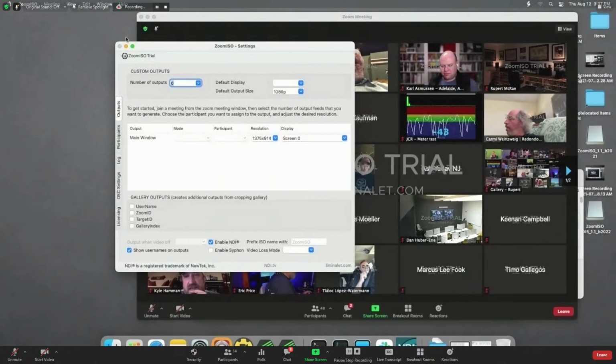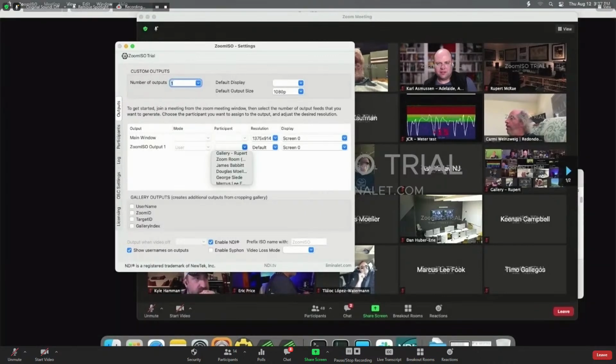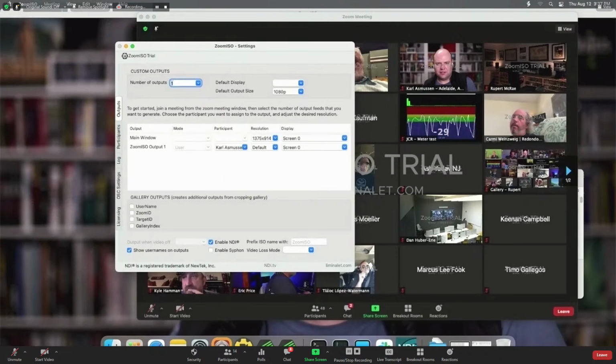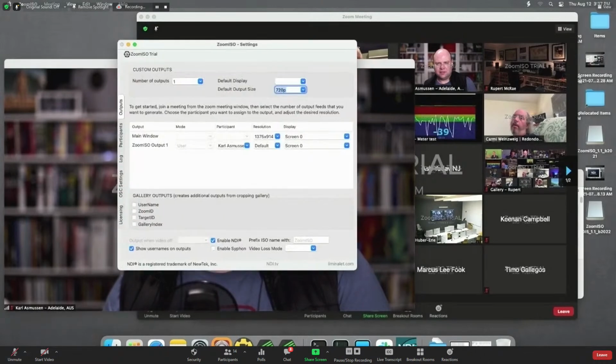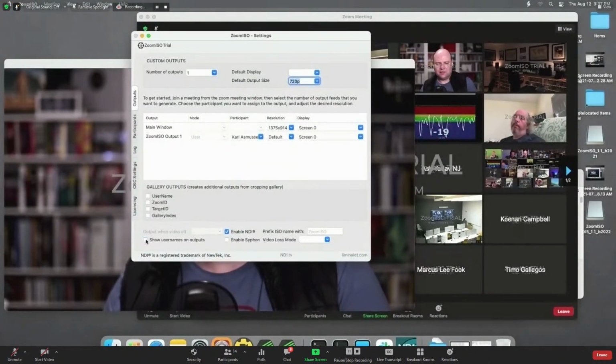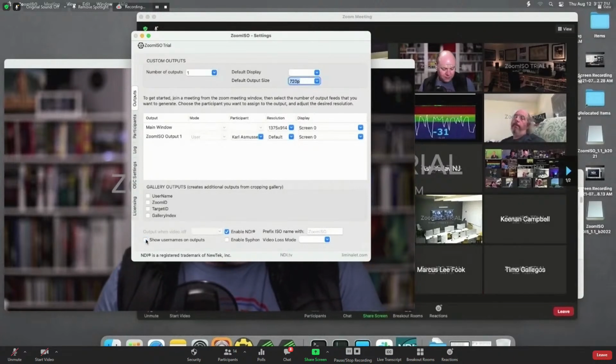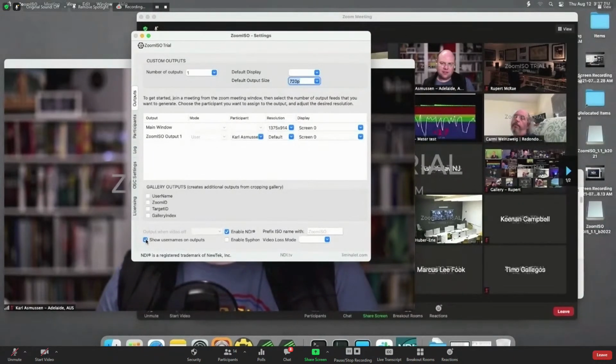Let me go back to vMix and draw your attention to this checkbox. I'm logged into After Hours right now with this computer, so let me take Carl's video feed here at 720p and float it up. All right, so you see the username in the bottom left? Turns it off there. So that's a little toggle that can turn it on and off, and that is going to look the same in your output. So that won't be there.